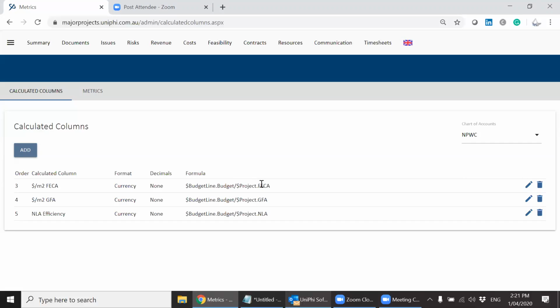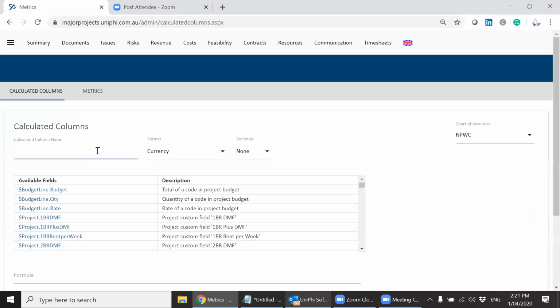So FICA, GFA, and NLA don't exist in UniPhi out of the box. A system administrator creates those custom fields, just like I did in the previous section, and then they become available in here. You don't need to know that formula. If you click add, there's a name, which can be, as we had there,